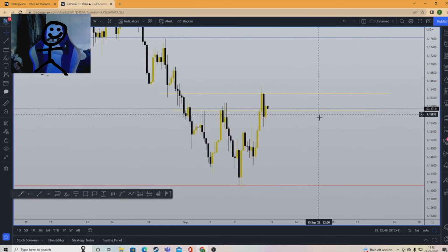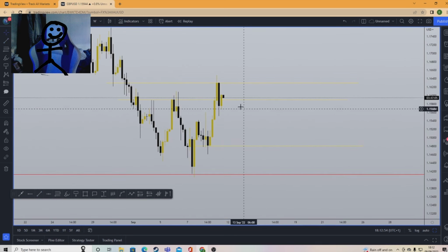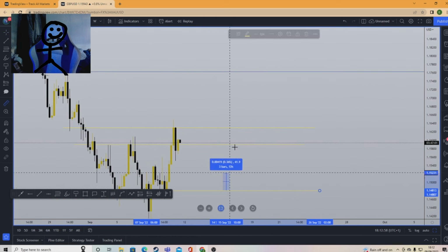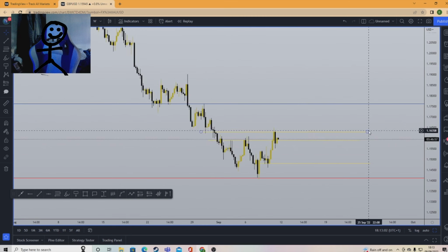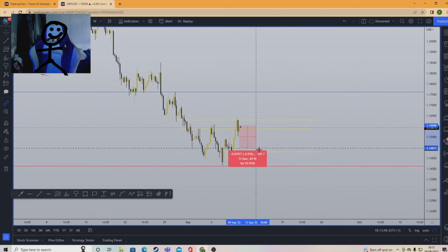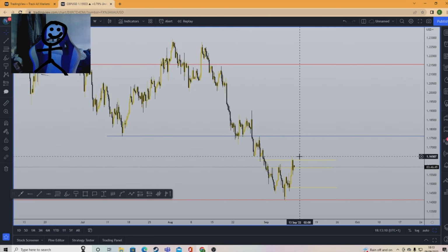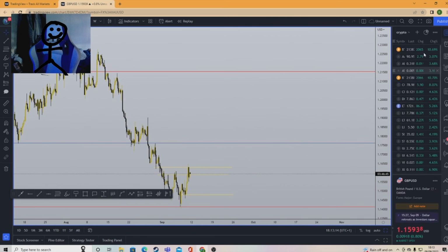our first targets here. And to be fair, lastly, we could just be looking at these levels down here. Clear pullback over here, and then a continuation up to 282. But yeah, so that's what we're looking for on pound USD. Again, there's a lot of different ways to look at it, but overall, my targets is bullish on pound USD. Lastly is crypto, so